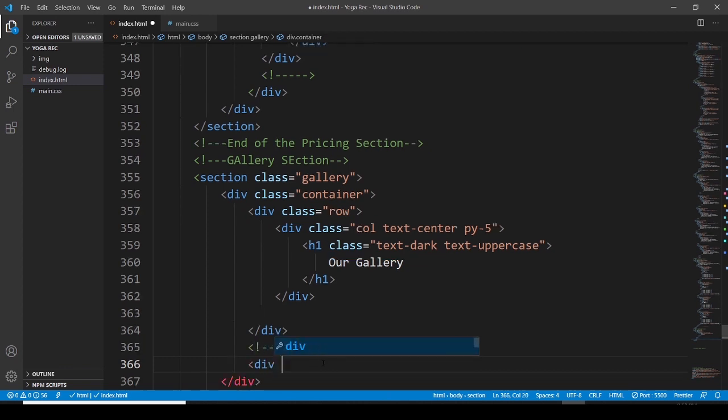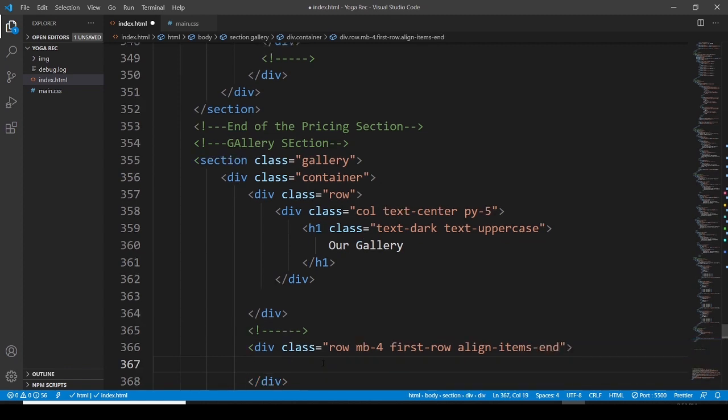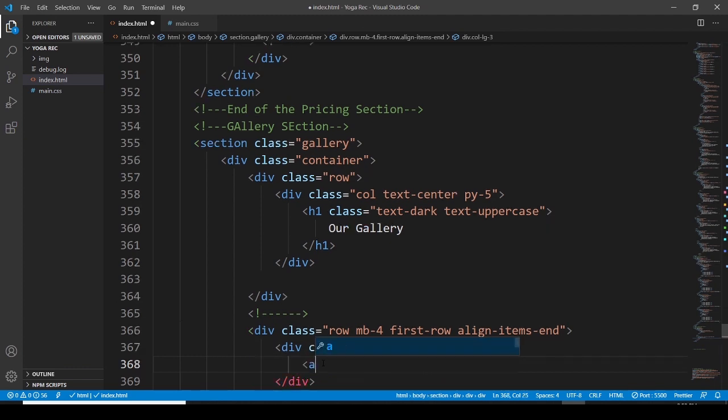Then let's have another div, assigning it a class. This class is going to be row. Margin bottom 4. And let's say first row, align items end, and then we have to go with the div, assigning it a class. This class is going to be column large 3, and then we have to go with a link href, and